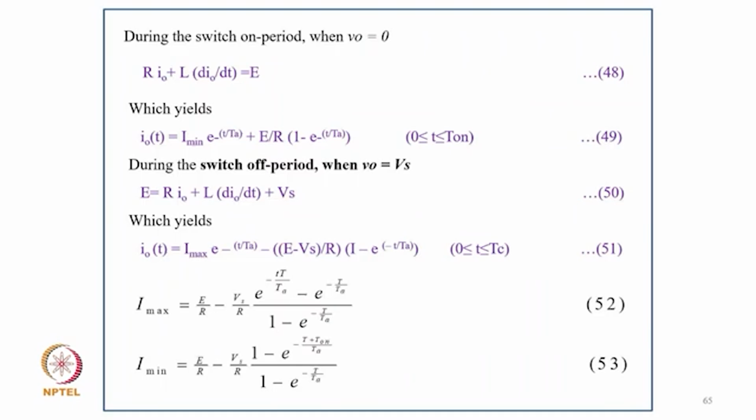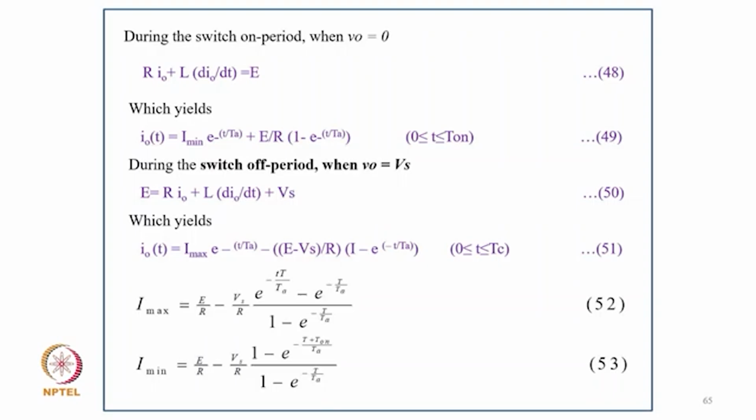So coming to the analysis during the switch-on period, when V equals 0, I0 plus L dI0 upon dt equals E, which leads to I0(t) equals I minimum e to the power minus t upon tau, plus (E upon R) into 1 minus e to the power minus t upon tau, where t varies from 0 to T on. And during the switch-off period, when V equals Vs,